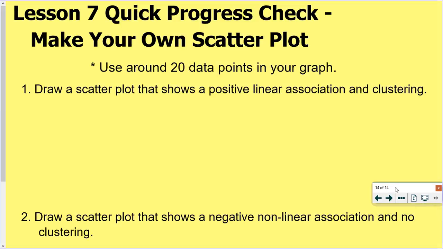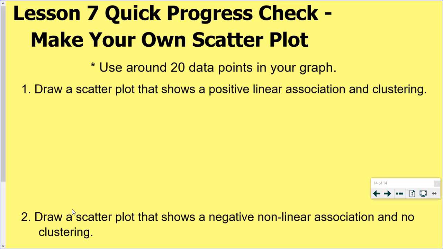All right, at this time, I would like you to go ahead and end the video and work on your Lesson 7 quick progress check on the yellow sheet that you grabbed from the tray as you entered the classroom. When you are creating your own scatter plots, they can be very general. Just make sure to label your X and Y axes. If you're just going to label them X and Y, that's fine. They don't have to be super detailed, just enough to give me the information of what each of these questions is asking for. So you're just doing a rough sketch